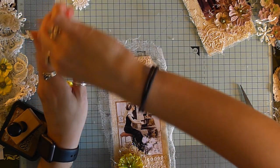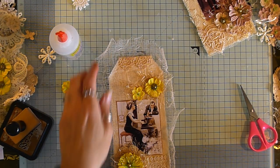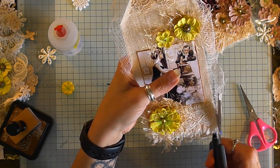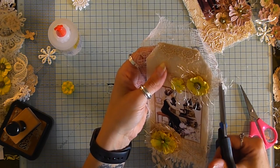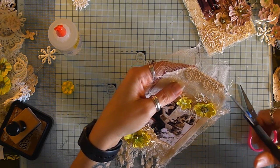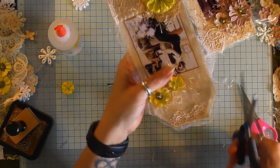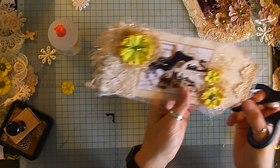Cool, that was a quick decision, wasn't it? Let's stick a bit of lace there. Quite proud of that decision. Okay, I'm going to give this a trim, but not too much of a trim. I don't want to cut through that eyelash trim. I think it's a bit late to say that. Quite like some of this hanging off over the edge. Give it a bit